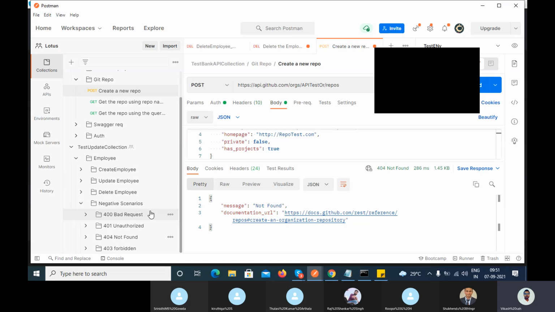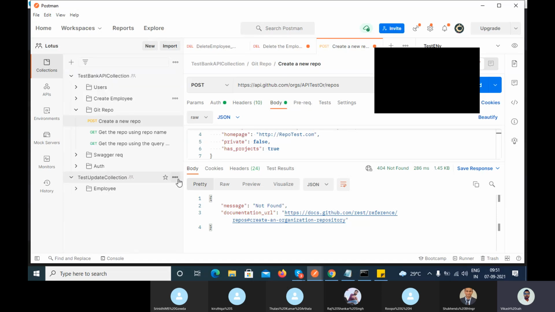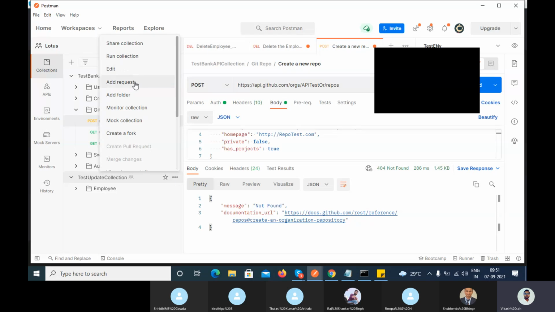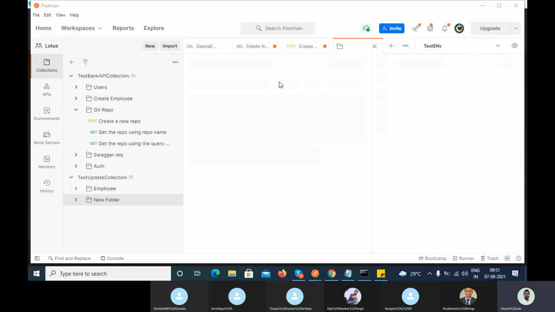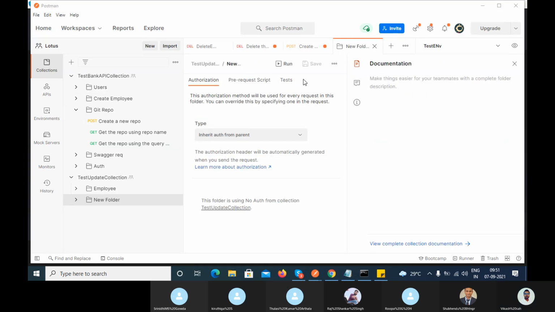If you have multiple resources, then you can add another. Let's suppose we have income, then you can add one more folder here. You can give the name as income. Now income gets created here,